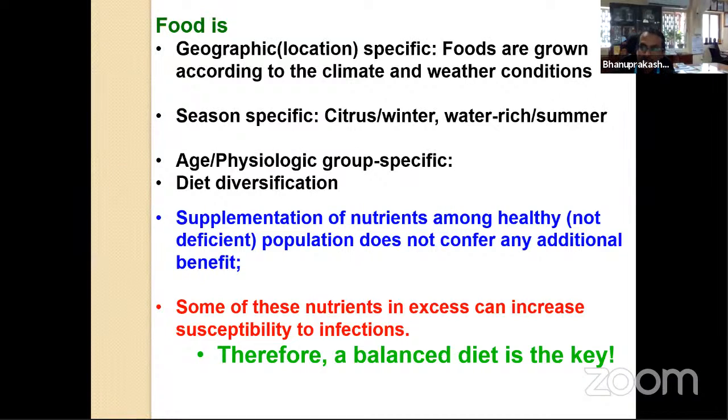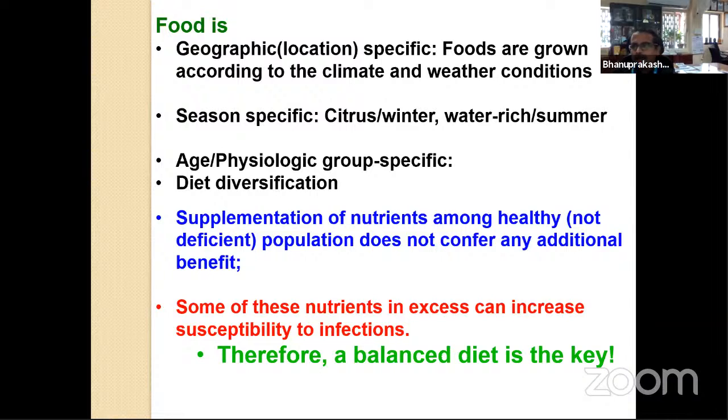This is what we need to tell the kids. Once we teach them, there are some kids, not only kids, even we have some specificity for food. Somebody says I don't take brinjal, I don't take potato, I don't like onion and all that. If you educate them, even if they don't like it, if they appreciate the science, maybe they will try to adapt themselves. Why should we take a variety of foods? We need to meet our requirements of all these kinds of nutrients. Otherwise, you will end up eating only carbohydrates throughout your life, which invariably leads to either obesity or diabetes. That is a different thing.